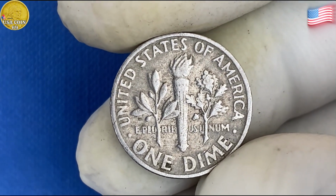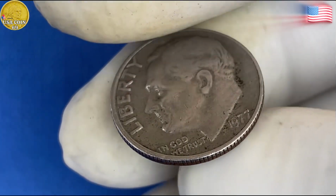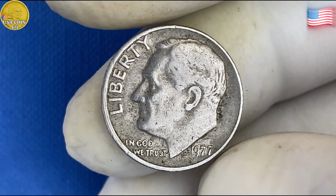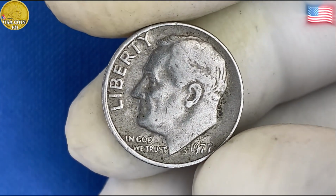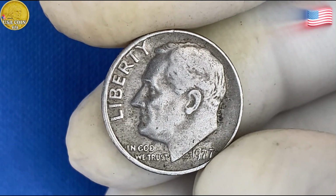To sum up, the 1977 Roosevelt dime might seem like a simple coin at first glance, but when you consider its quality, rarity, and historical value, it becomes much more than that. If you ever come across one in mint condition, you might just have a gem on your hands, potentially worth